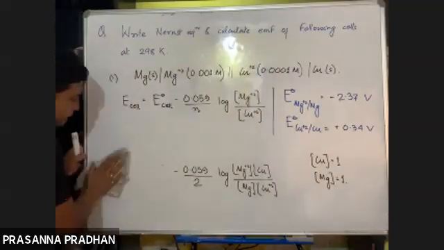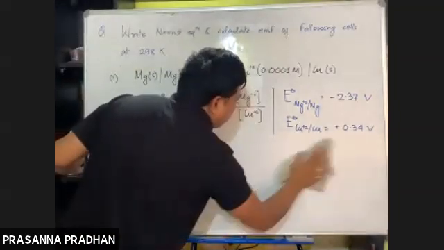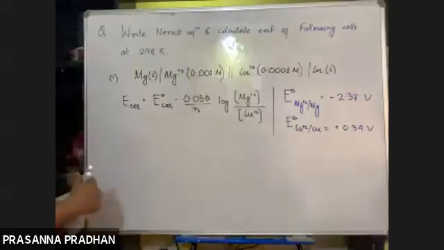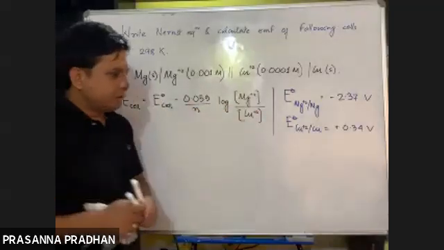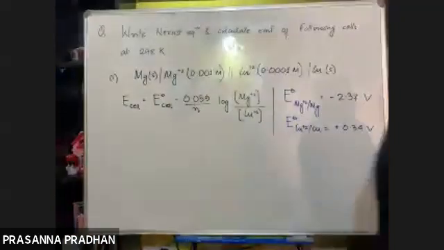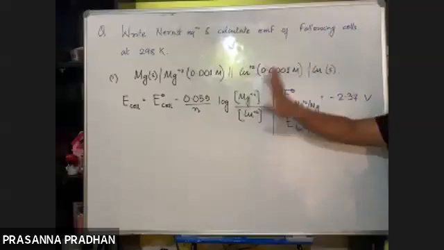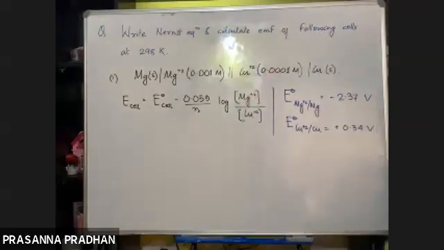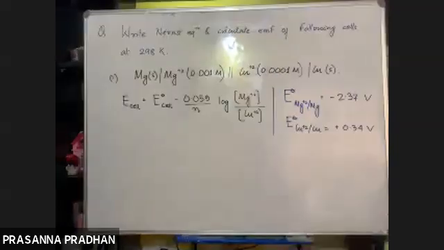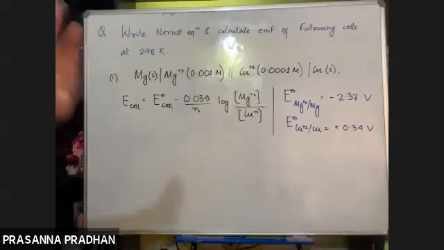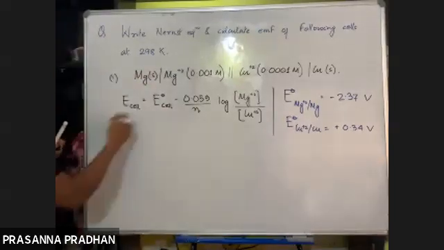So in order to write down the Nernst equation, what do we need to know? We need to know how many electrons are involved. We need to know what are the species of the product and what are the species of the reactant. So before writing down the Nernst equation, you first write down the full cell reaction like this. After you write down the full cell reaction, then you write down the Nernst equation. Now here, I'll try to clear one concept. I'll come back to this particular point afterwards. Let me finish this.